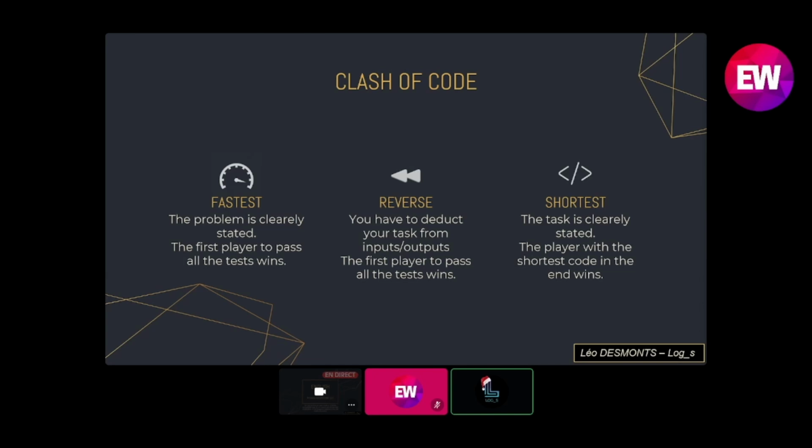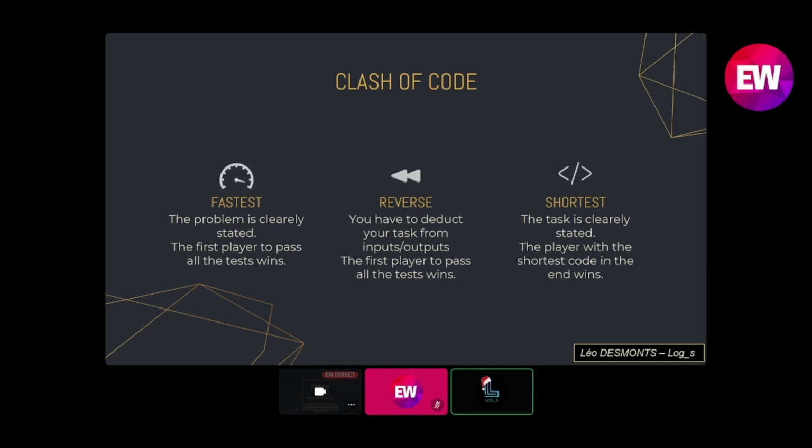The fastest mode, where players have to solve programming tasks, and the first one to solve it wins. Reverse mode is very similar to the fastest mode. The only difference is that you don't have a clearly stated task. You have to deduce what you have to program depending on a bunch of inputs and their associated outputs.